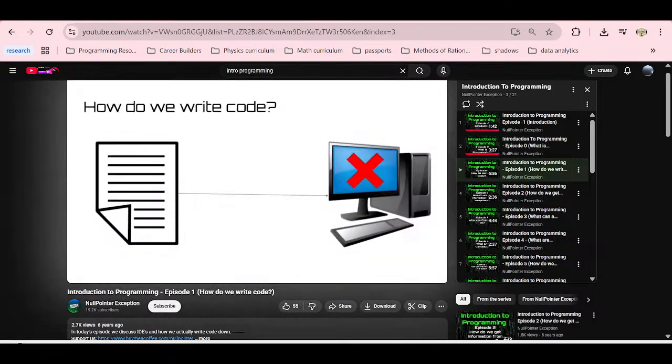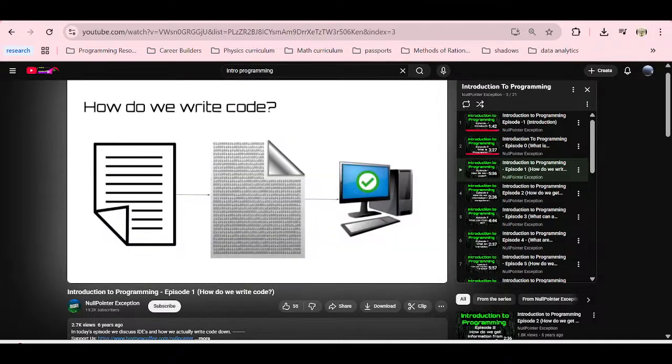In today's episode, we will be covering IDEs and syntax. So how do we write code? It's not like we can simply type words into a text document and automatically assume that the computer can read it. As we talked about in the previous episode, the code must first be converted into machine code, a series